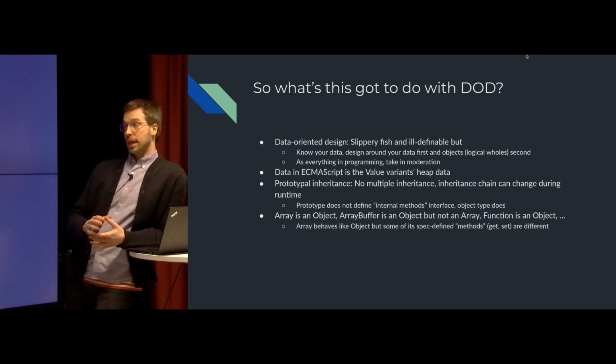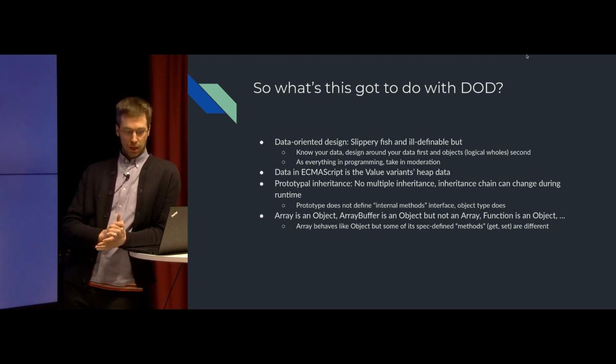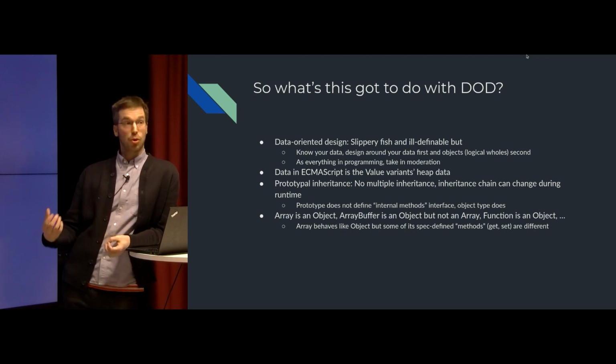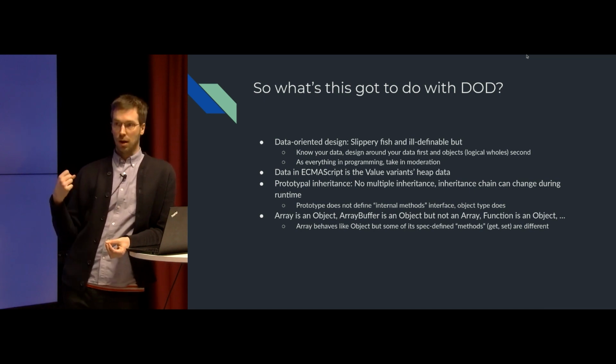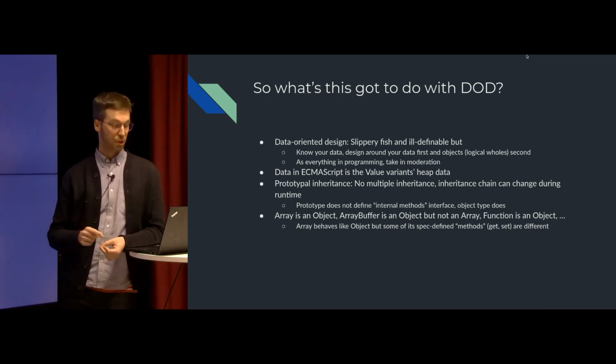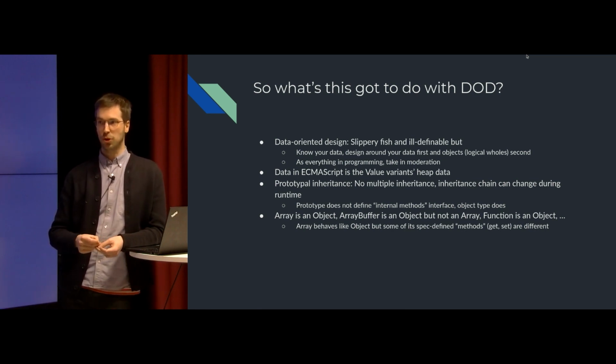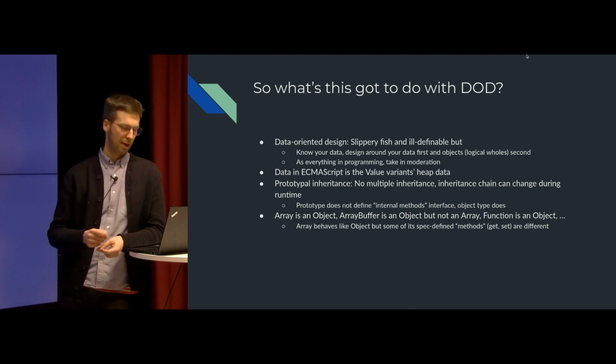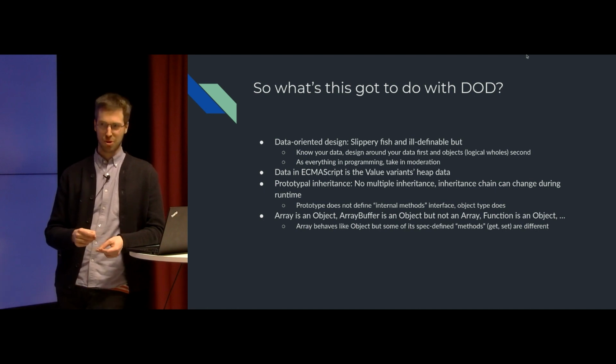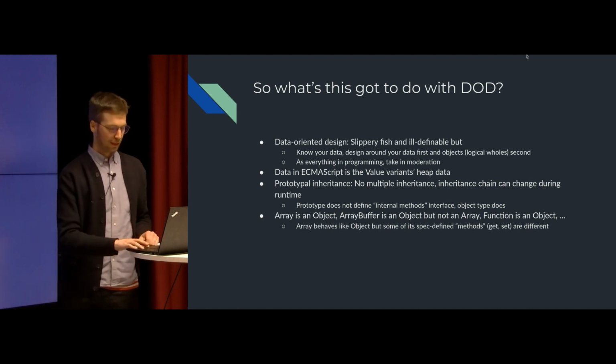Array behaves like an object in every way except its get and set methods. So what happens when somebody assigns to you, what happens when somebody reads from you, are defined differently. And actually, now that I think about it, it's only the set method which is defined differently. Also, the spec helpfully says that whoever uses this abstract operation is an array. I don't want to be comparing function pointers to see if an object is an array. Anyway,